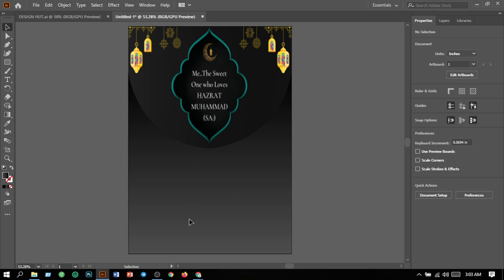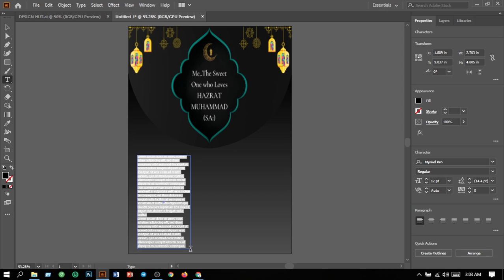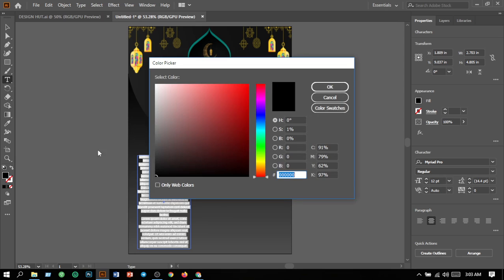Now in this portion you can edit many things, and in this portion you can edit many things. So you have to edit it on this portion, and you can do it right now. So first of all, I'll show you more things here, and its color should be the